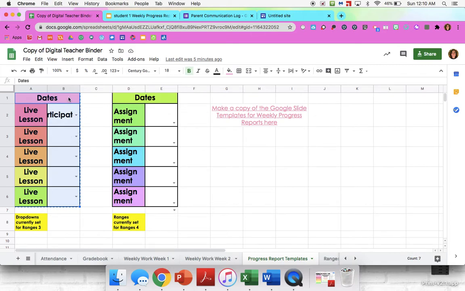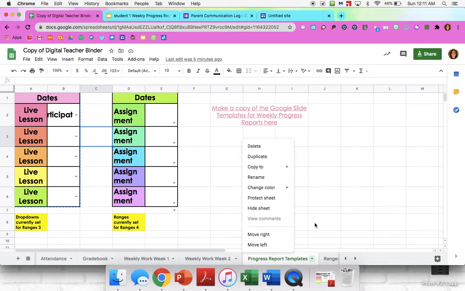Now, that's just one student who you used this template for. Now, if you are keeping it linked, and even if you're not, you probably want to have this page available and a separate page for each one of your students. Otherwise, you're going to probably get confused and you're going to erase their progress when you don't mean to. So to do that, what I would do is actually